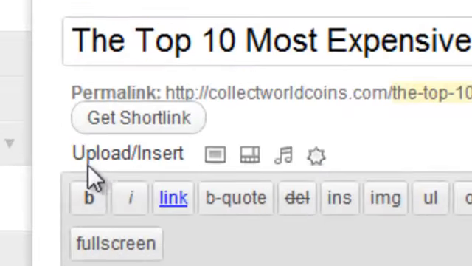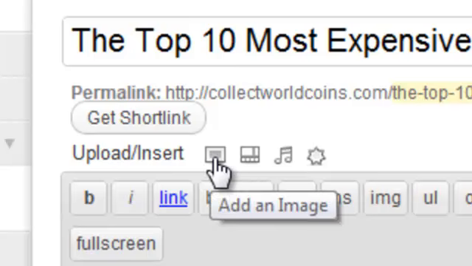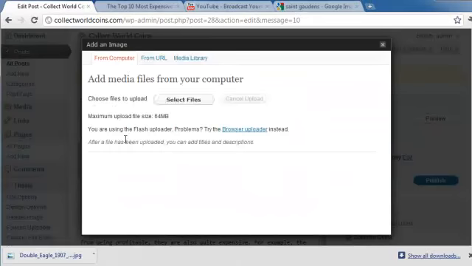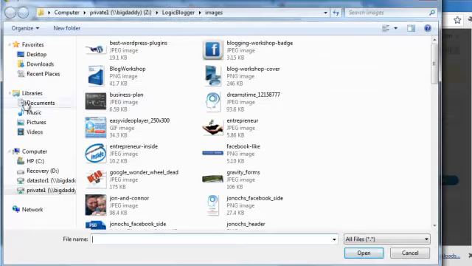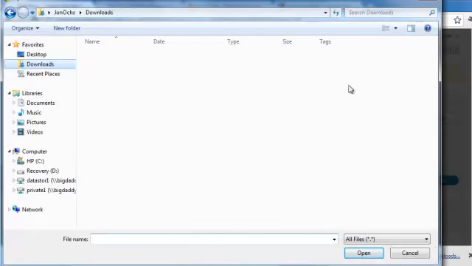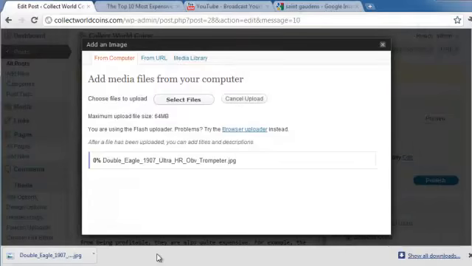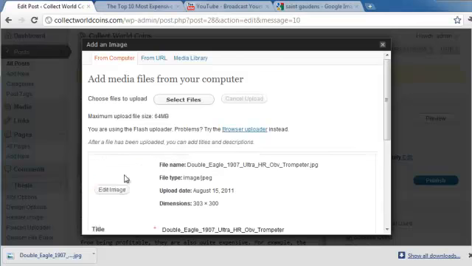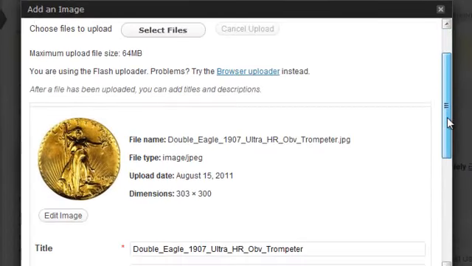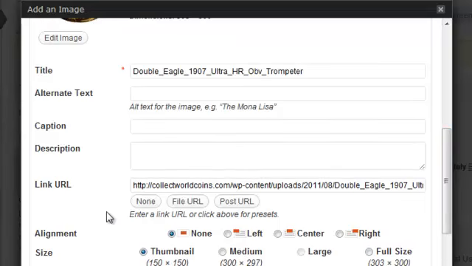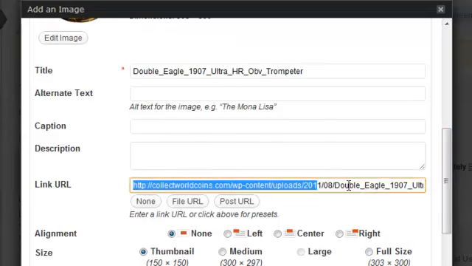And this little button right here, up here where it says Upload and Insert, when you hover over it, it says Add an Image. If you click on that, it's going to bring up the Add Image screen. We can just hit Select Files. And then we will browse to the location where we saved that image. Open it up, and it goes ahead and uploads it to our server where our WordPress install is. We can go down here to the link URL and copy that,